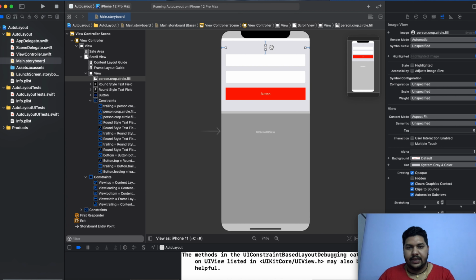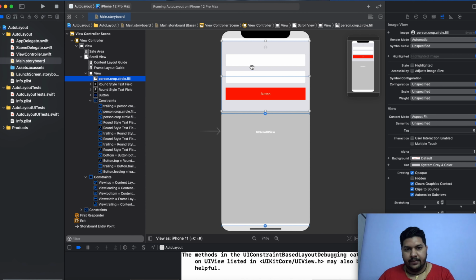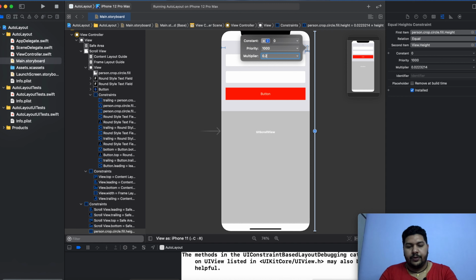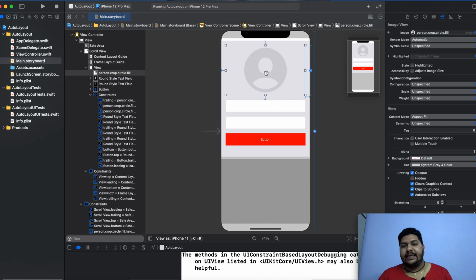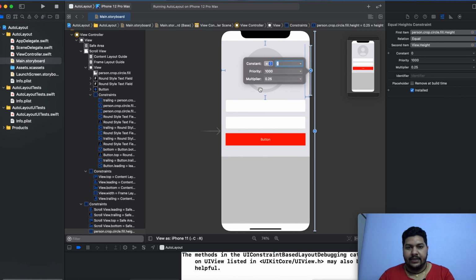Now you have to set the height, on the basis of screen height, using a multiplier. Here you can see the multiplier, so I'm going to give 2.5. So this image will always take 2.5 of the screen height. If you want to increase, then you can increase the multiplier and give 3.